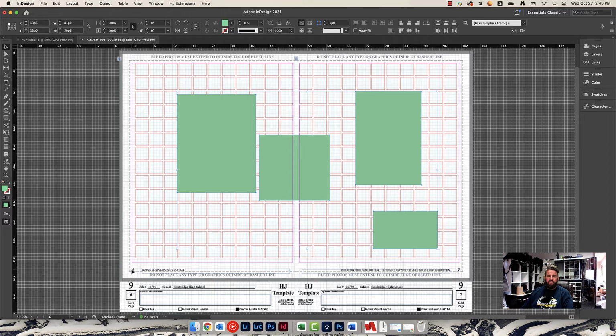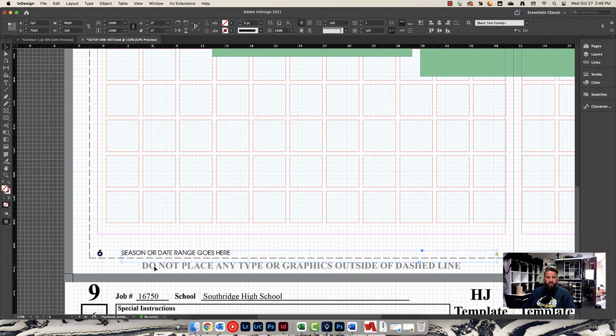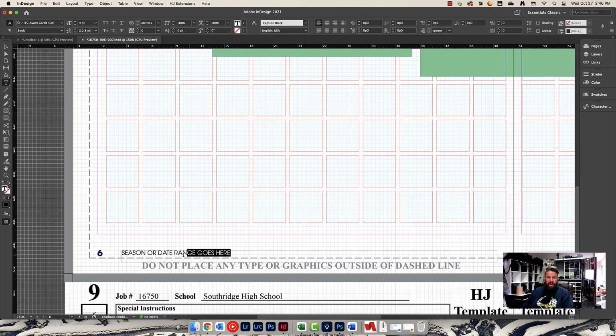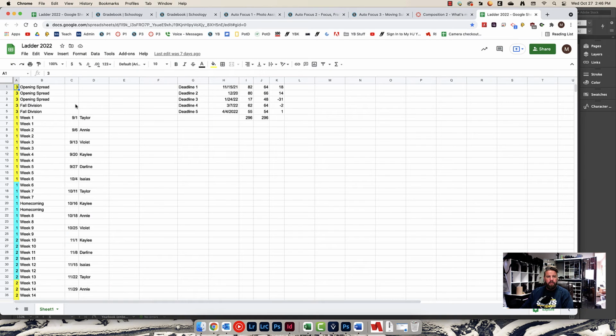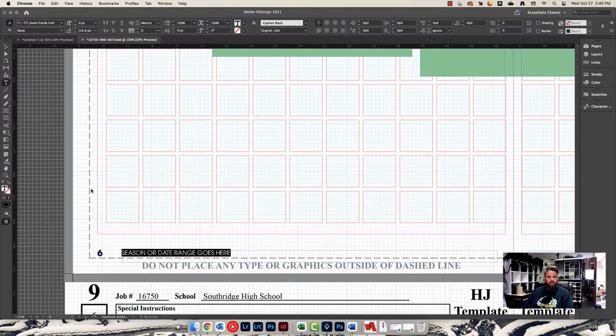A couple other things you have to fix down here is the folios. These are super easy to fix. I'm going to go ahead and just zoom in on this. This should be season or date range goes here, so what you would actually put here if I was doing week 1. Let's go back to the ladder and look at something here. You can see this is a week that starts on 9/1. September 1st was week 1. So I would come in here, and what this would look like is fall. Let me just type this in here. Click fall, all caps, and then this is shift and the key above the return key. I don't know what that's called, but then I would put